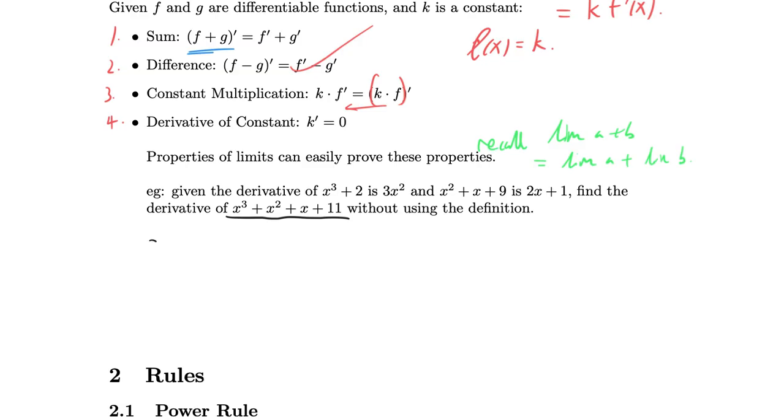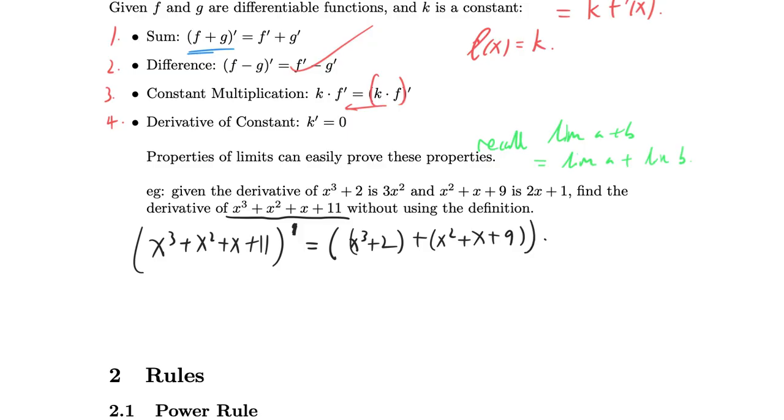So what we have is we want the derivative of this expression right over here. If you put a prime after it, it just means you want the derivative of this. And so you know that this can be written as x cubed plus 2 plus x squared plus x plus 9, right? Because you want to get it to these two